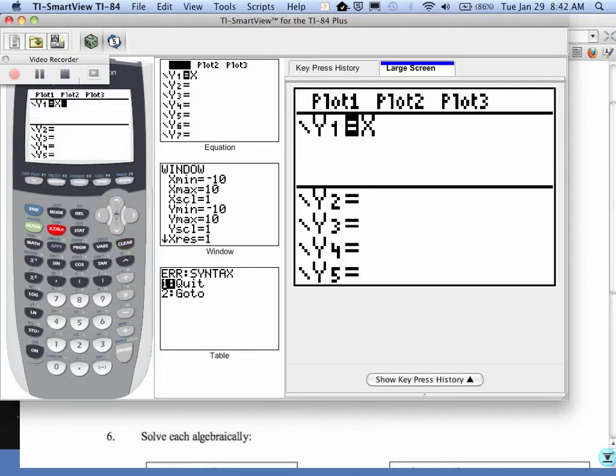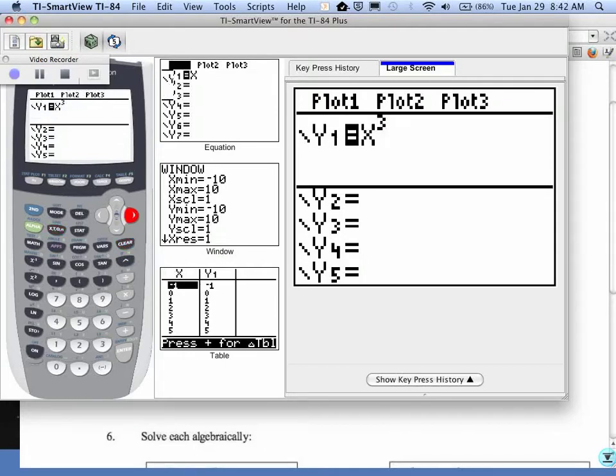Read the second equation to me, please. x squared plus 5x minus 4. Thank you. So once you get those typed in carefully,